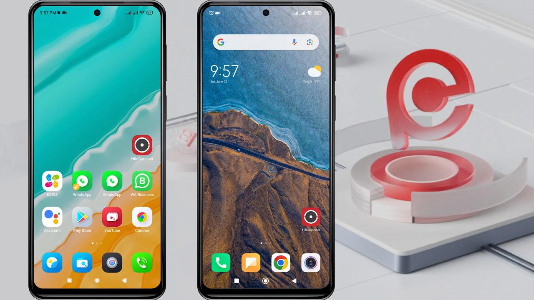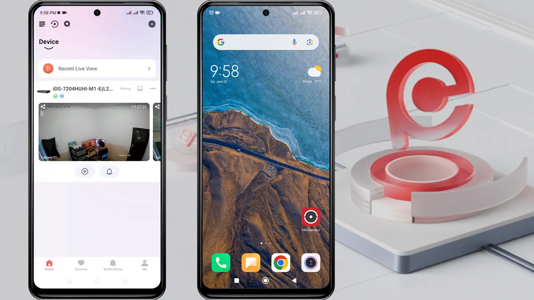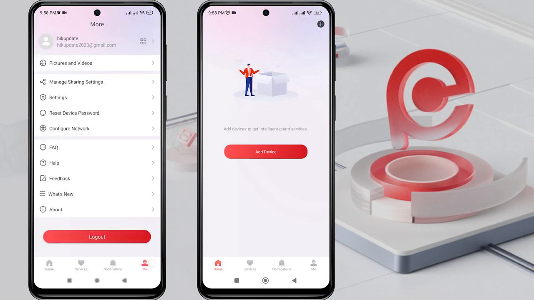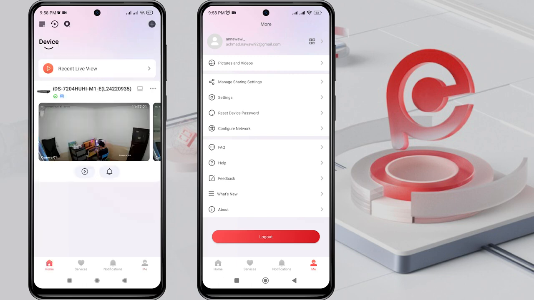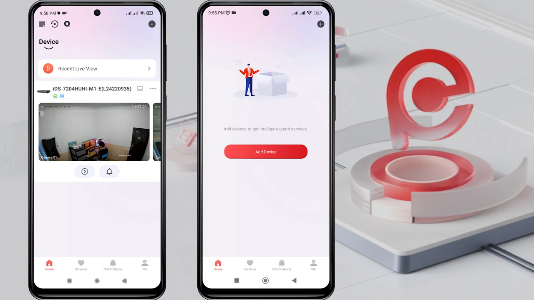Today, I will share a tutorial on how to share a Hikvision device with another mobile phone. To share the device with the second phone, make sure that both the first and second phones have the Hik-Connect application installed and have created Hik-Connect accounts, and have logged in to the Hik-Connect application. Here, it can be seen that the first phone can already access the Hikvision device, while the second phone cannot